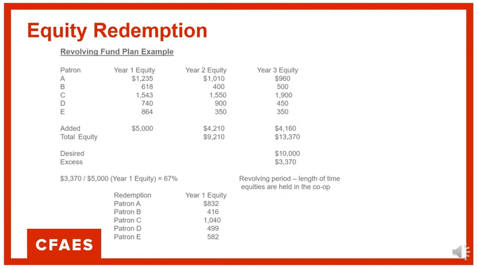The final system of equity redemption we will review is the special plan. Under this system, a specific event or set of specific events determined by the co-op board of directors triggers the redemption of a member's equity in the co-op. For instance, redemption may be prompted by a member's retirement from farming or their death. The equity can either be